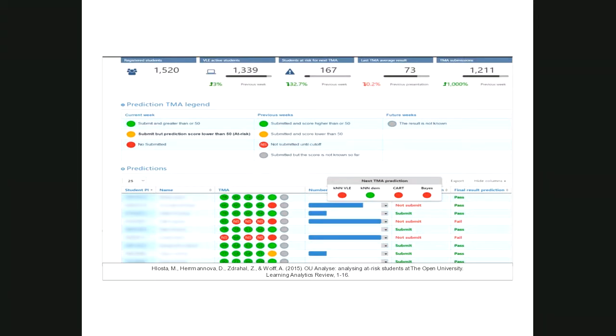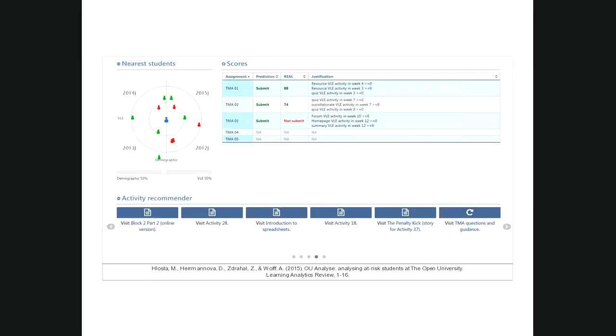And this is a visualization here. Then the teacher can see, okay, why is that student flagged at risk? And what kind of recommendations do we then give to students? In a way, this is kind of learning design, learning analytics plus version, because we're combining all that data about how teachers design courses with what students are actually doing.